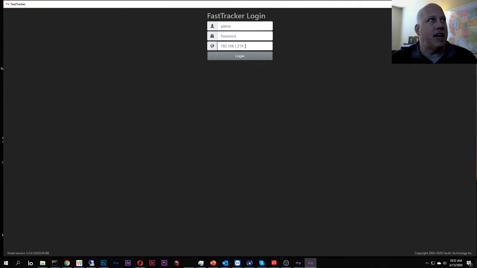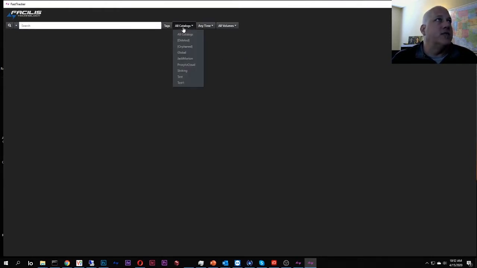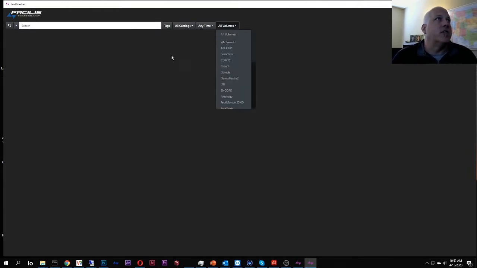because I'm on the client and I'm not looking locally, I'm looking at the server. That's the server IP address. I can also use the server name if my facility is resolving server names to IP address through DNS. I usually just say IP address is the quickest way to go. So logging in here, I then see once again all my catalogs and all my volumes that have been indexed